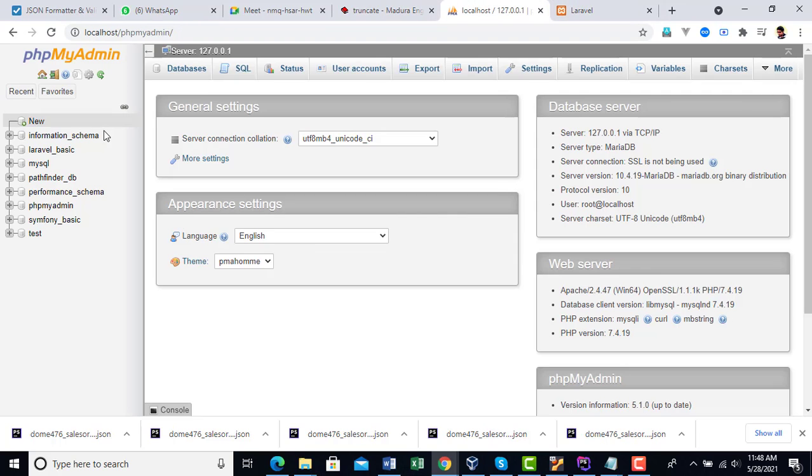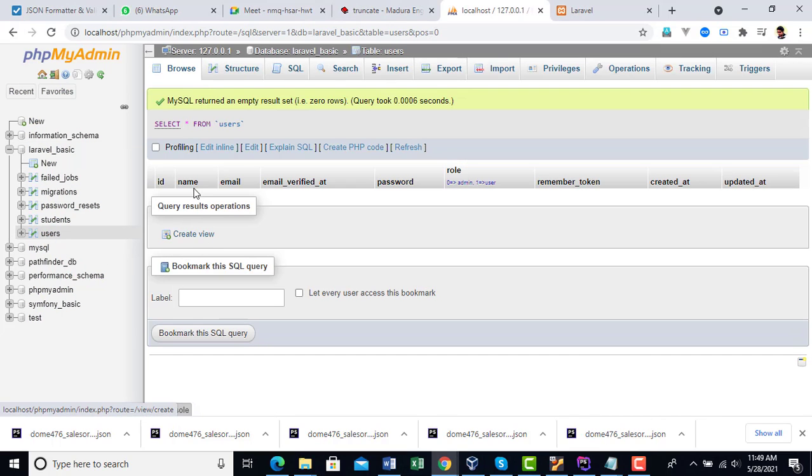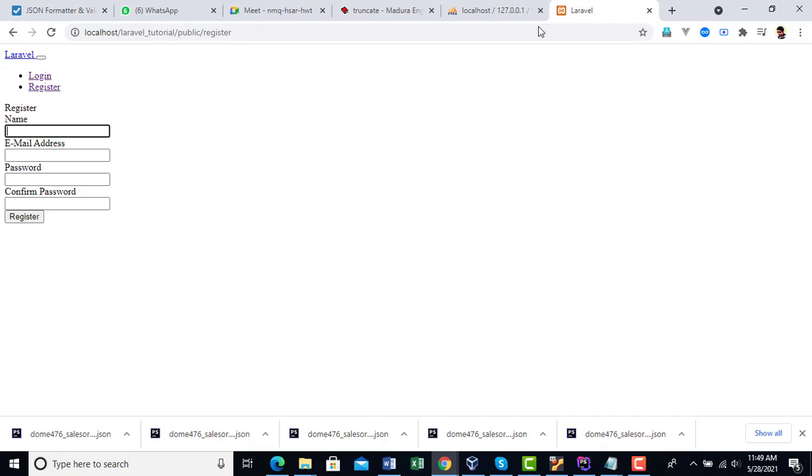In here, in the Laravel basic database, there is users. The users table has name, email, email verified, password, the role we created, and also remember token.